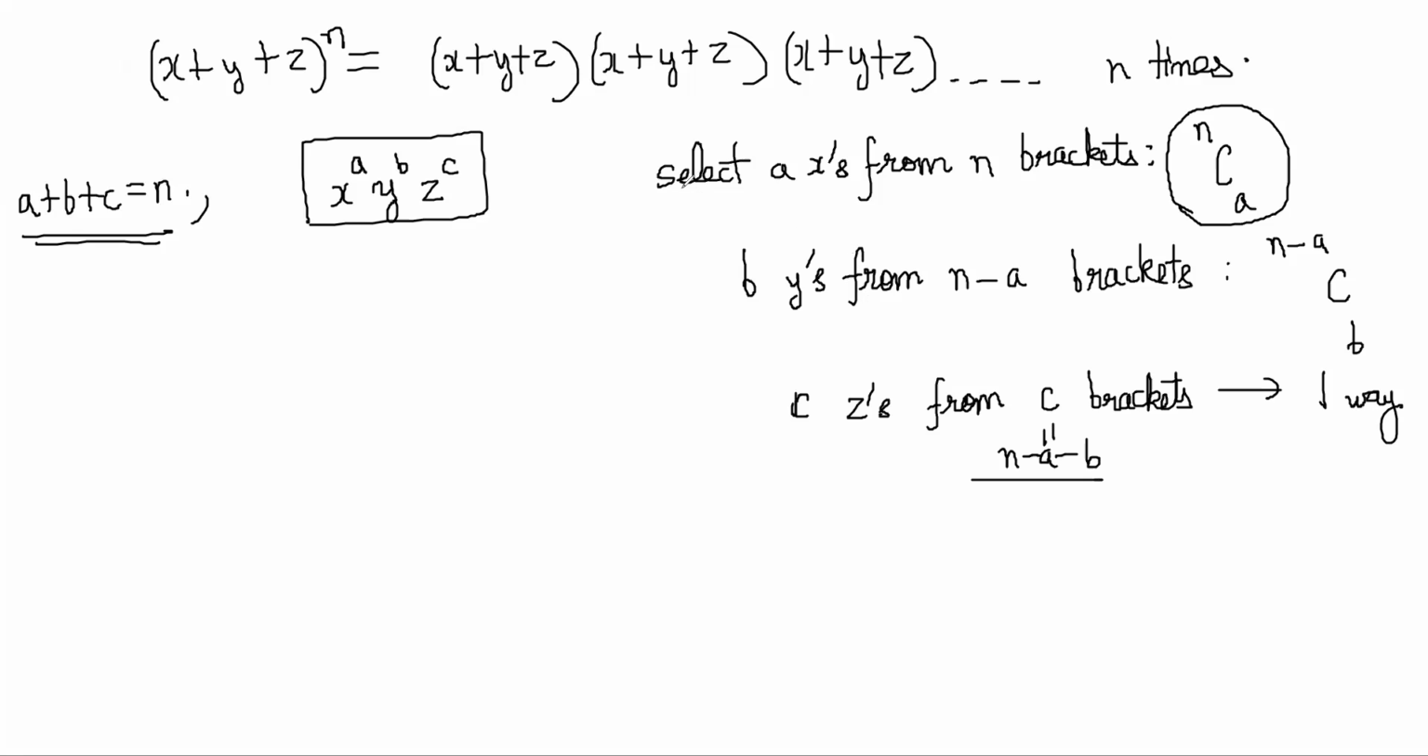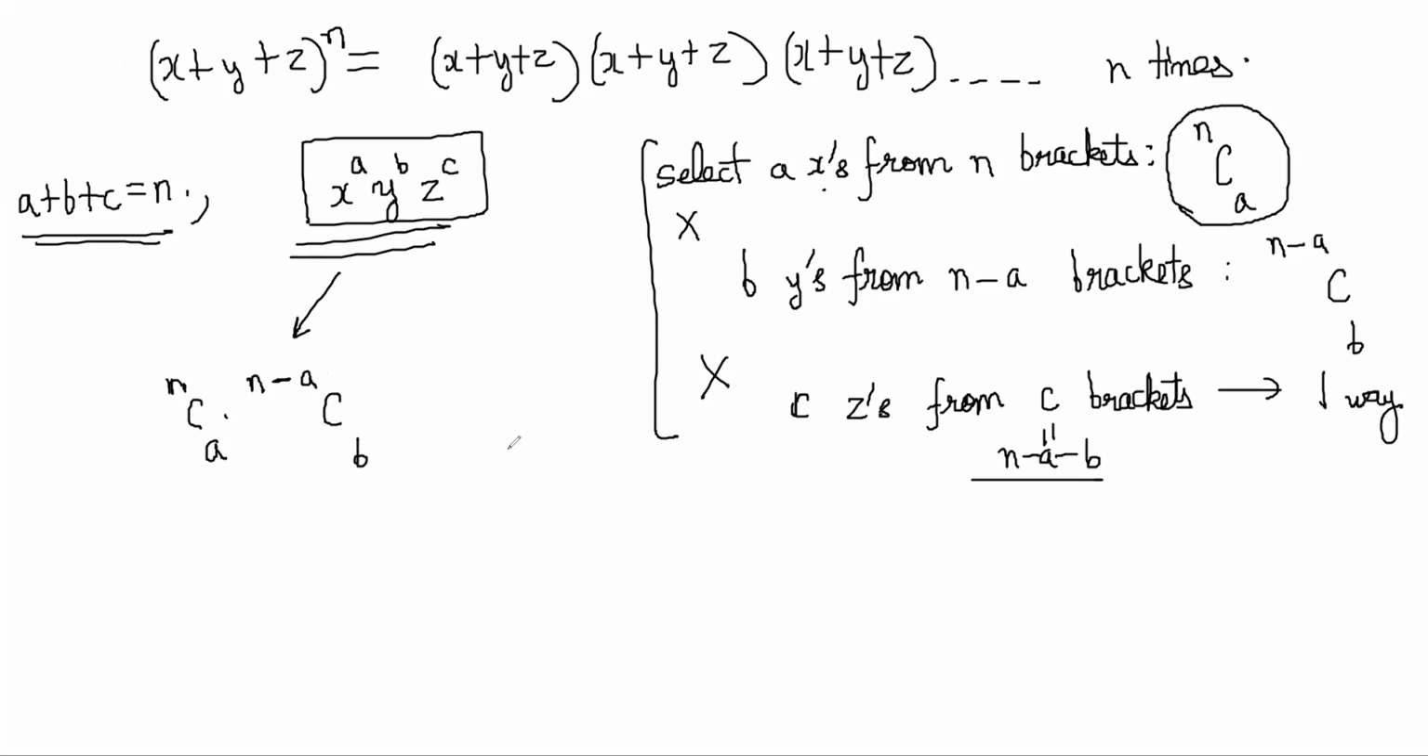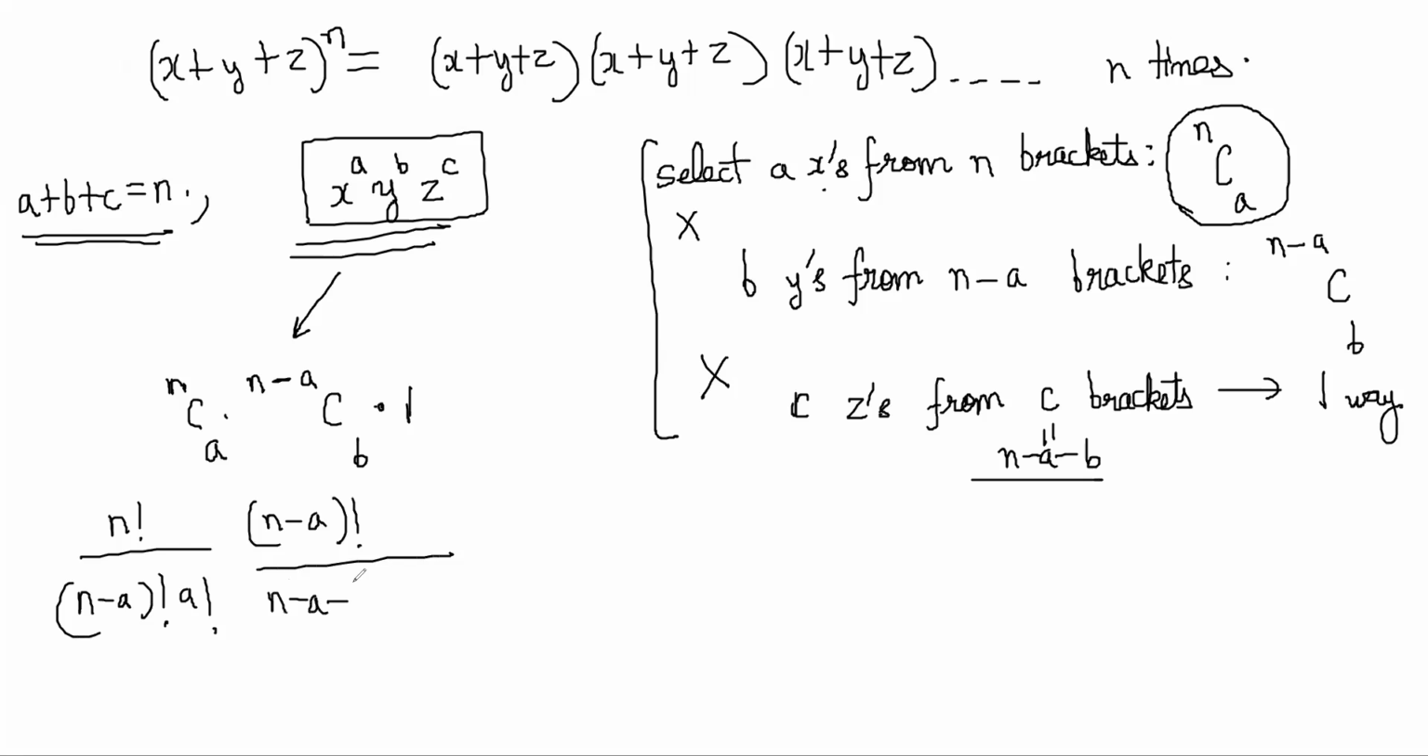So the total number of ways of making up a term like this will become this, right? This can be done in 2 ways and this can be done in 3 ways. Then the total should be 6, right? So the answer, how many such terms will come, will be NCA multiplied by n minus ACB, into 1, correct? So if you simplify this a little bit, this becomes n factorial by n minus a factorial. This becomes n minus a factorial by n minus a minus b factorial b factorial,